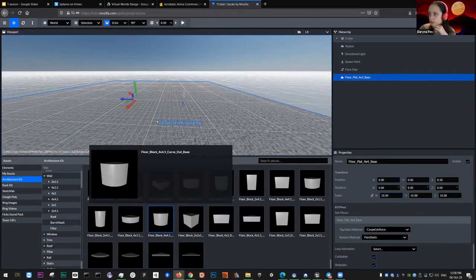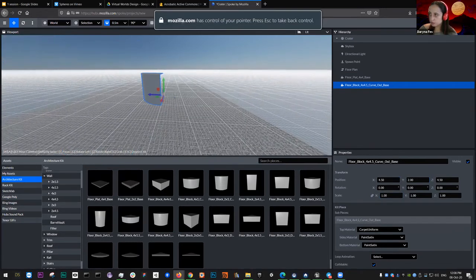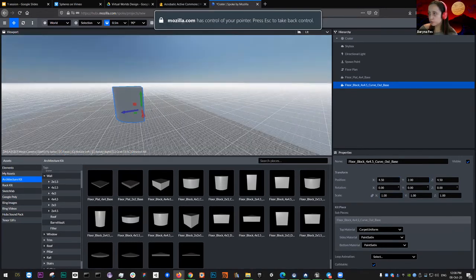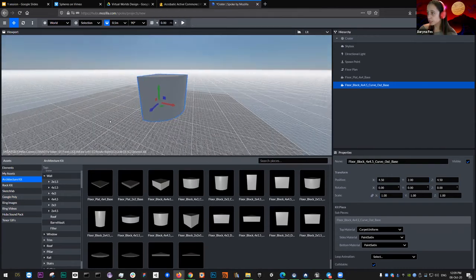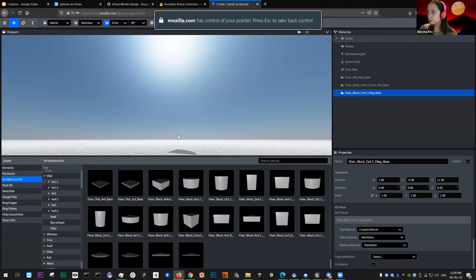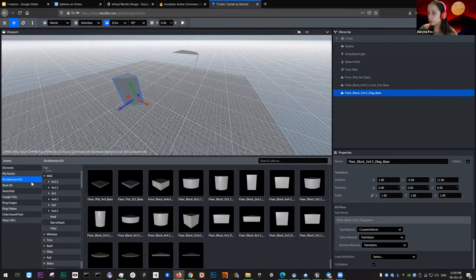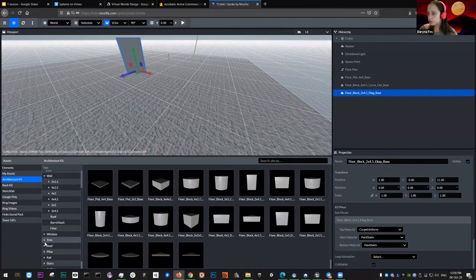All of this stuff is quite basic forms, but this is what we need for now. So you can try to make an environment only by using the stuff you have in the architecture kit. You can check different forms,